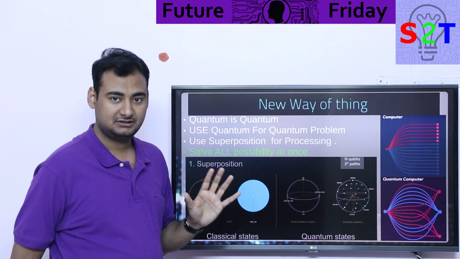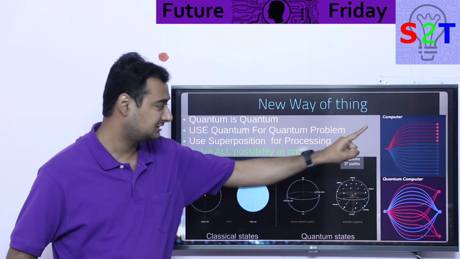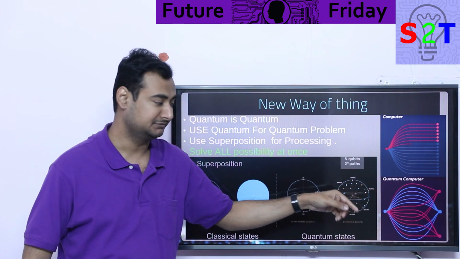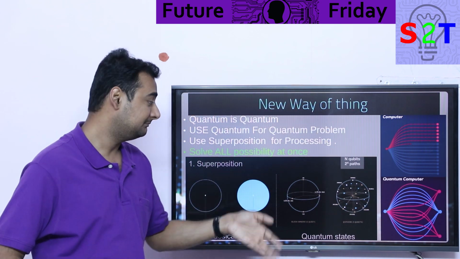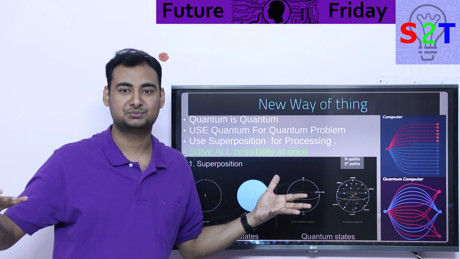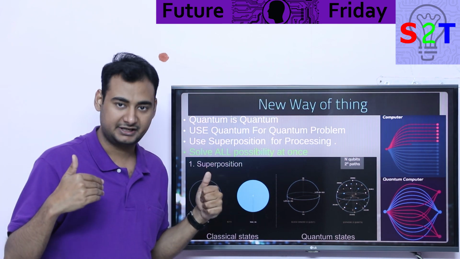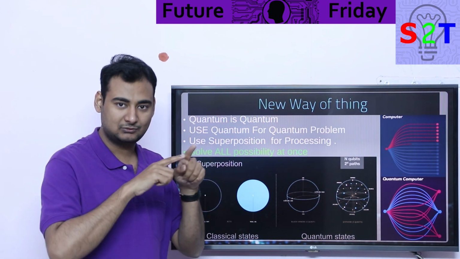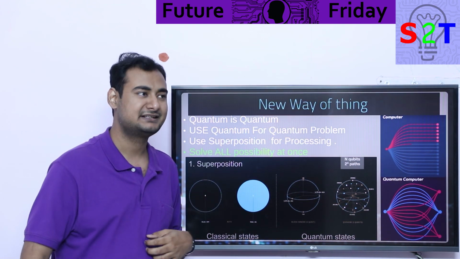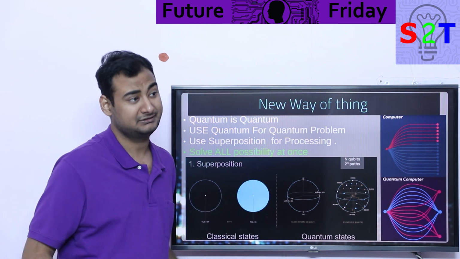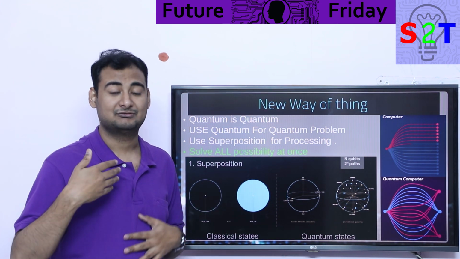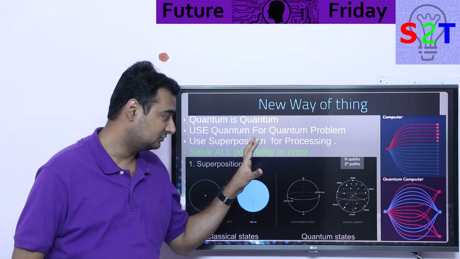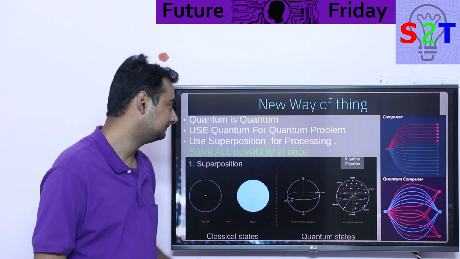The reason for trying to exploit this puppy is, you have seen hundreds of these kinds of graphs. Basically a classic computer is one by one by one, trying to solve something. A quantum computer solves everything at the same time. Why? Because it is in a quantum state. It is literally in superposition. If you design things correctly, it will be like, okay, what happens if 2 plus 2 equals 5? What happens if 2 plus 2 equals 3? It will go through those and come up with, yeah, those two are wrong answers. Then it's gonna print out that 2 plus 2 is 4. Now it may sound counterintuitive to do it this way, but for a complicated problem, that is the only way to do it. So that is why we want to exploit this superposition. That is the main thing that we want to do.